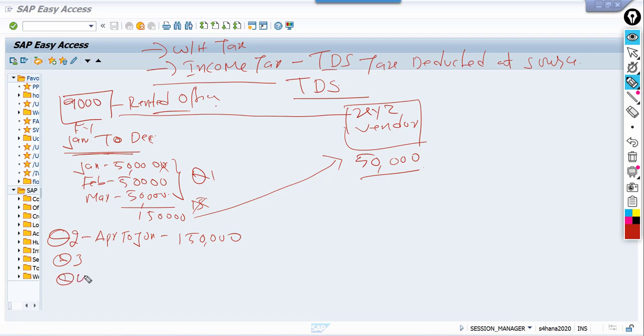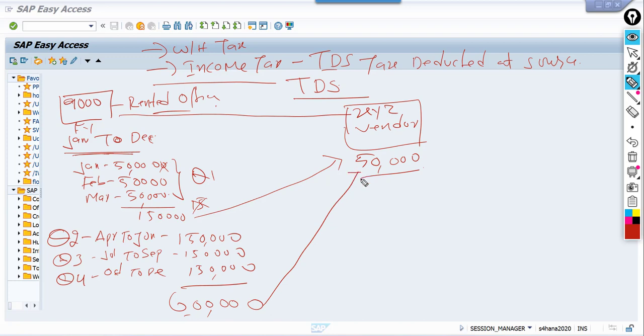Q3 and Q4, July to September, 1,50,000. October to December we paid 1,50,000. In total we paid 6 lakhs for all quarters. This is the amount paid to this vendor towards rent. So whenever we are paying, we are posting one entry,